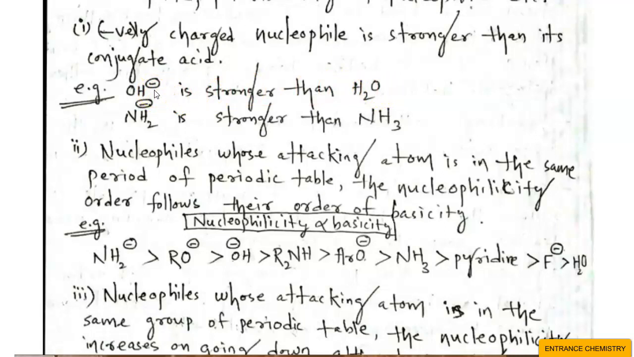The nucleophilicity of OH minus is greater than that of H2O. Similarly, in case of NH2 minus and NH3, NH2 minus is stronger than NH3. So we understand the negatively charged nucleophile is stronger than a neutral nucleophile. Nucleophilic strength of a charged nucleophile is greater than that of a neutral nucleophile. Second case is